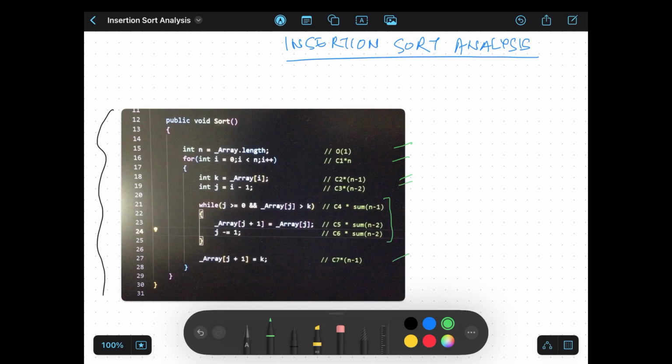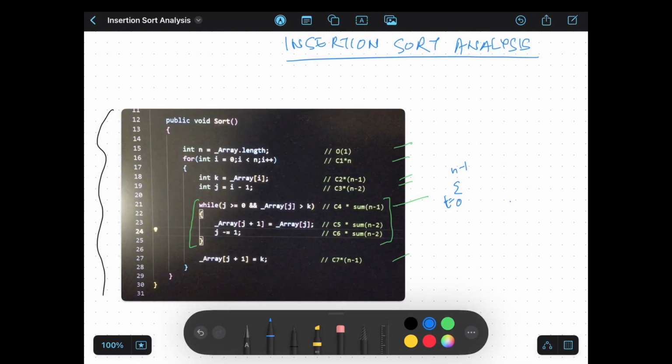I will explain a little more on these. So because these lines are going to repeat multiple times for every value of i, we are going to do a summation, which means this will be from 0 to, for some t, 0 to n minus 1,